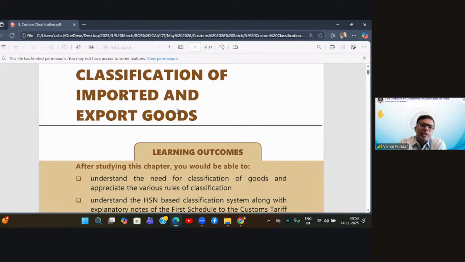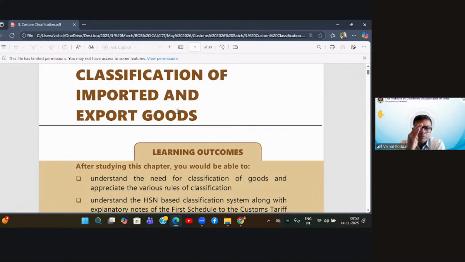Now, this was introduced, as I gave you example, because initially trade was being hampered, or there was a lot of confusion and misinterpretation, because different countries gave different names to the same goods. To avoid that, WCO made a list where it classified all the goods and divided the goods into 98 chapters. Now, these 98 chapters are categorized into 21 sections. So your entire tariff is bifurcated into 21 sections, each section having some chapters.